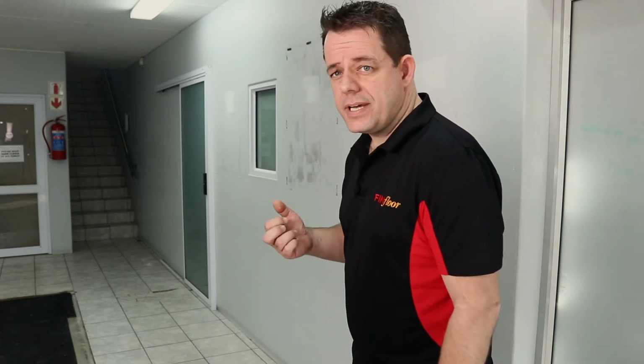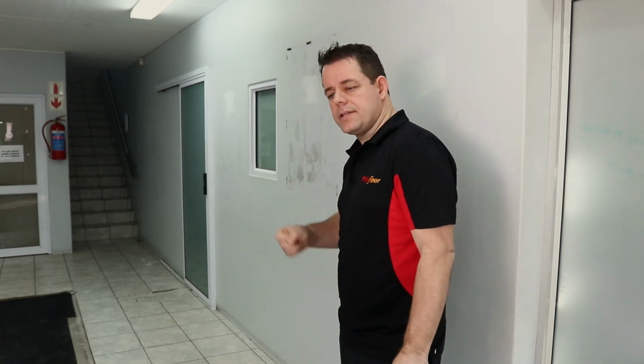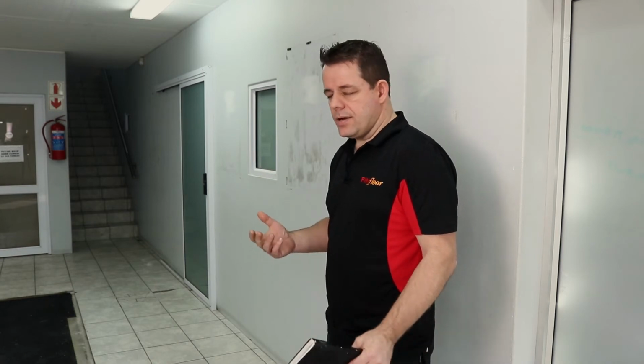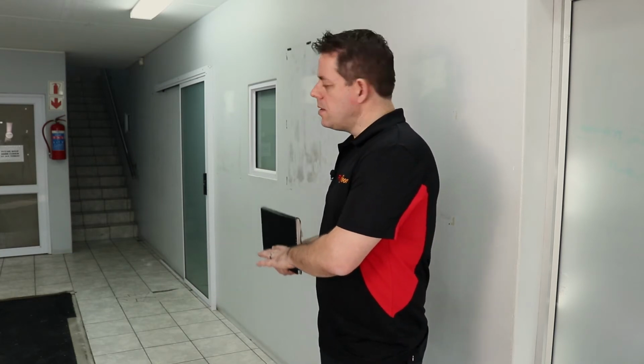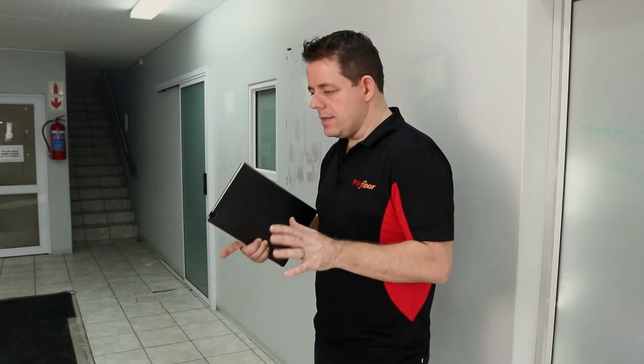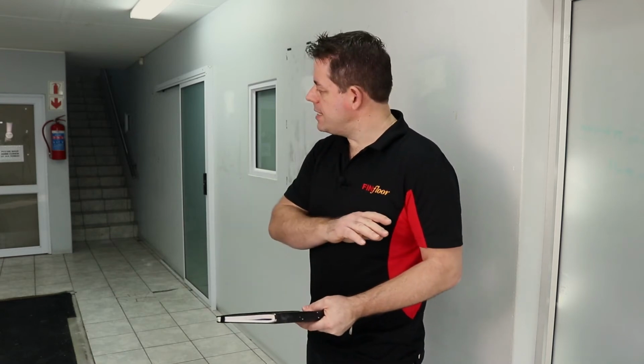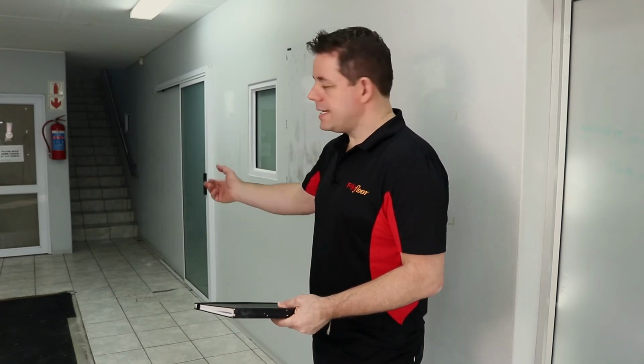So what you want to be doing is going around and knocking on the tiles and seeing if they're loose. Different clients are going to have different budget constraints or ideas on what they want. Do they want to level up the carpet tile section to marry off on the tiles, or do they want to take the tiles away? And obviously there's a cost implication there. So it is about correctly understanding what your client is looking for. On this particular job site, we are going to level out the entire floor. We're going to remove the tiles because they have already been compromised.